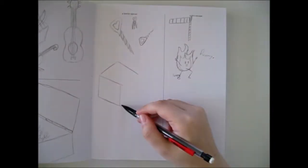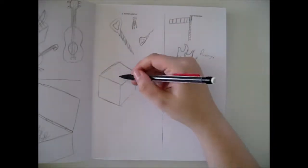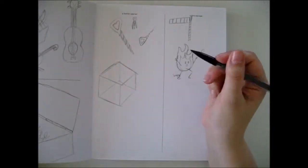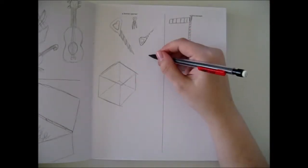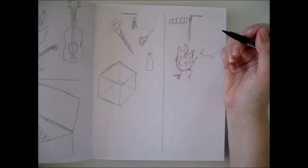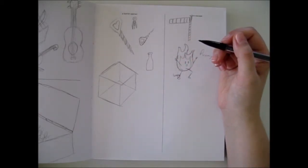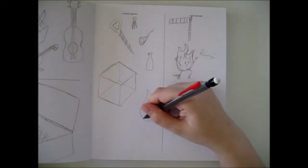Then I thought, oh, this might be a cute idea. I could draw fire escaping, and I thought this would be a great prompt to test out an isometric room. I've done a few in my sketchbook, but never on a finished piece, and I really like the look of isometric rooms. But I couldn't really figure out how do I get a bottle opener into this scene